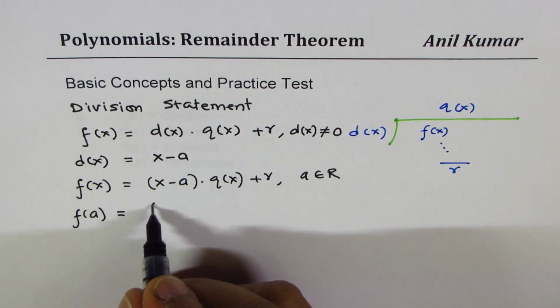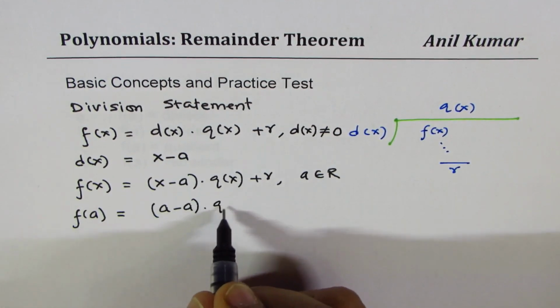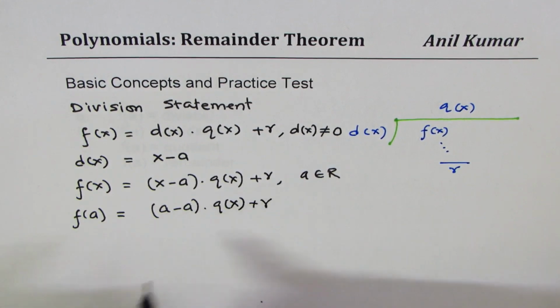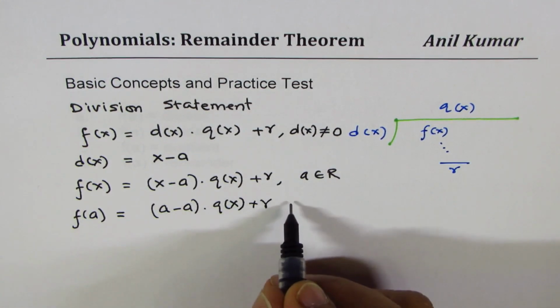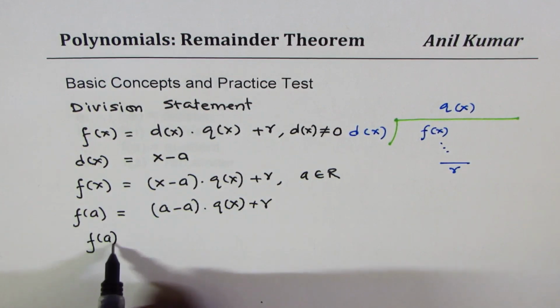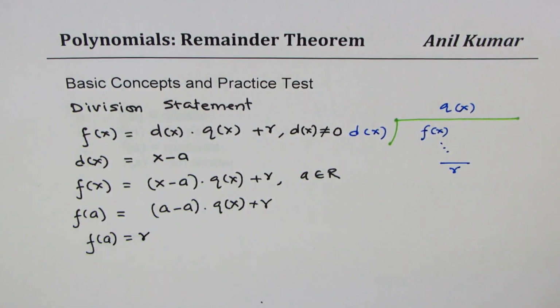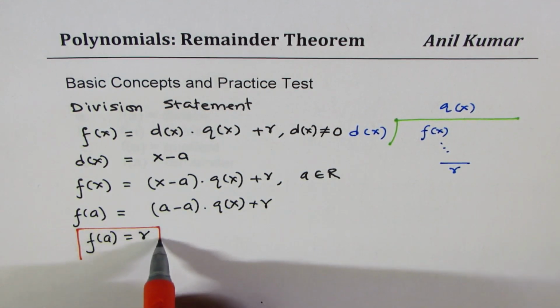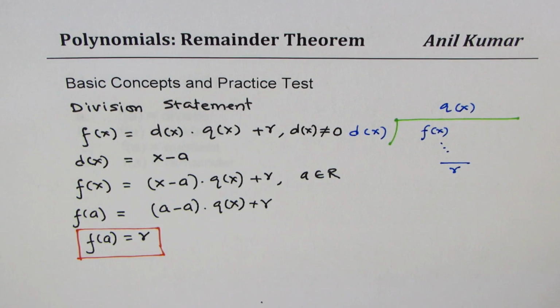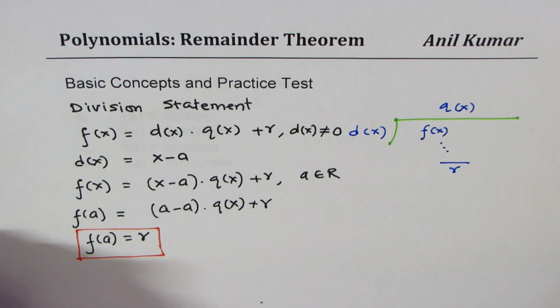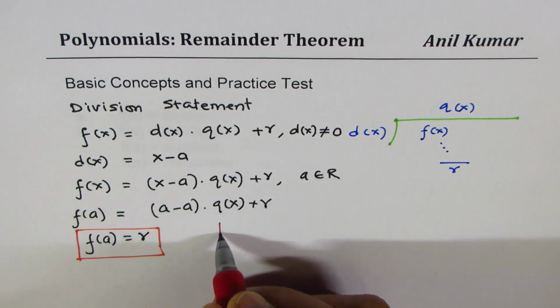If I substitute a here, I get a minus a times the quotient plus remainder. Now, a minus a is 0, so basically we say that f of a is equal to the remainder r, right? So this is a very, very interesting and important conclusion. So what are we trying to say here? F of a equals r means what for us? So this is a relation where we have actually related the dividend